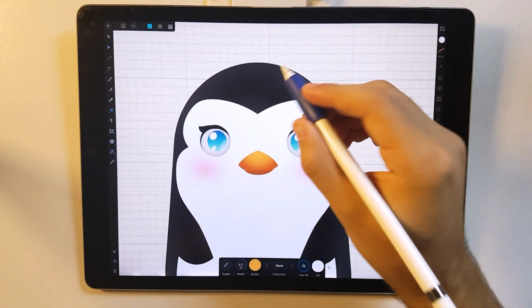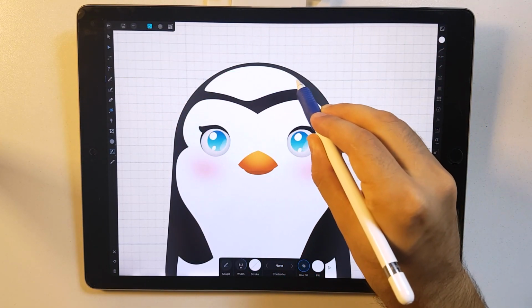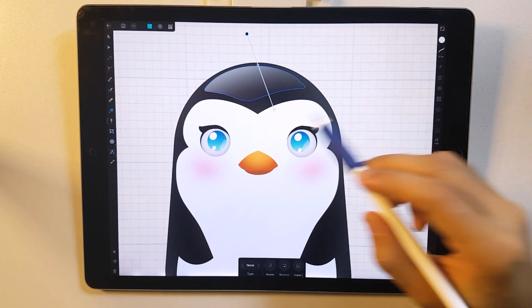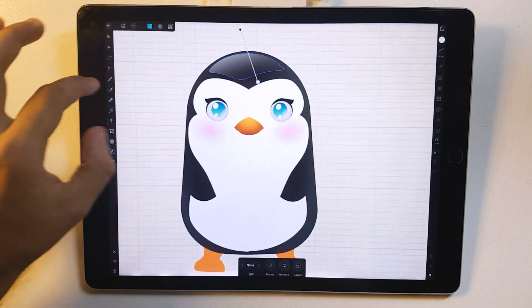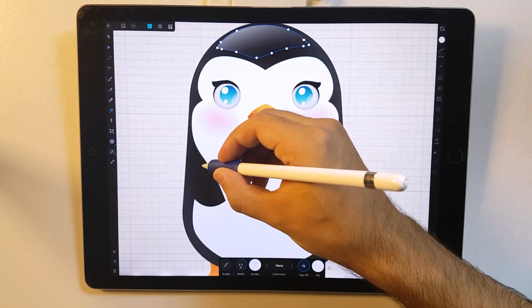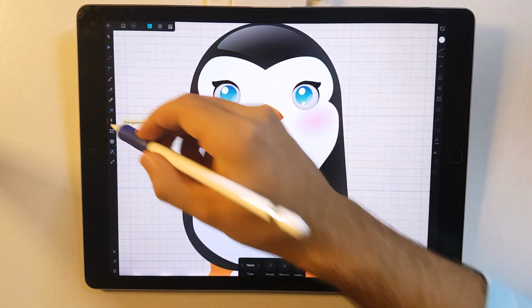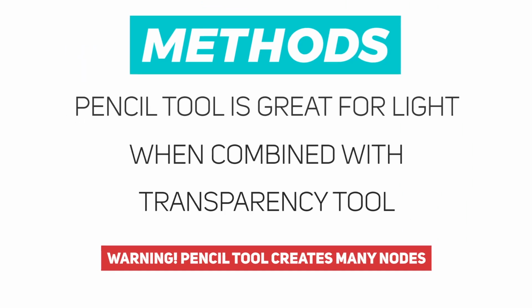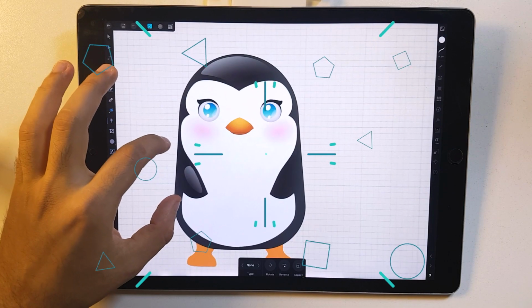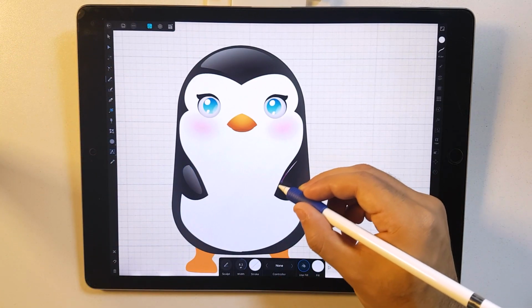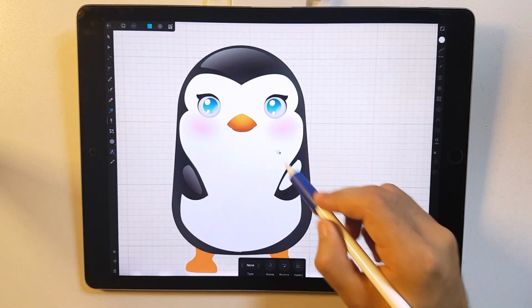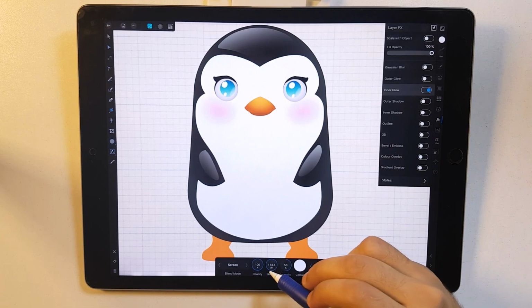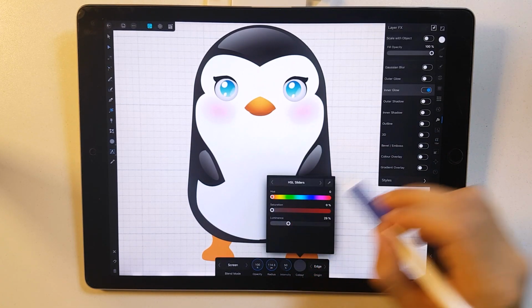And now I'm gonna use the pencil tool to add some lights. I like to use the pencil tool with the transparency tool to make these quick light reflections, you know. I'm applying this at his head, at his arms. The only thing that I don't like about the pencil tool is that your shapes will end up with a lot of random nodes. And now I'm gonna select this white shape from this penguin and I will apply the inner